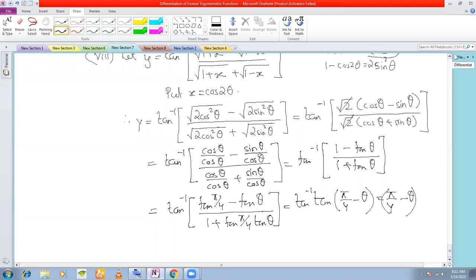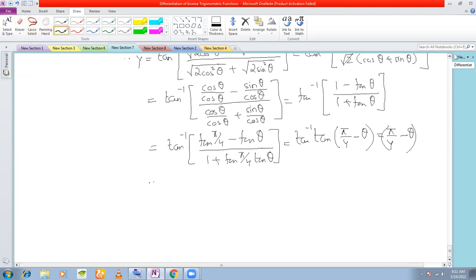Okay, and you know that if x is equal to cos 2 theta, that means theta is equal to half cos inverse x, isn't it? Because 2 theta is equal to cos inverse x, that means theta must be equal to half cos inverse x. So just put it here now, which is pi by 4 minus half